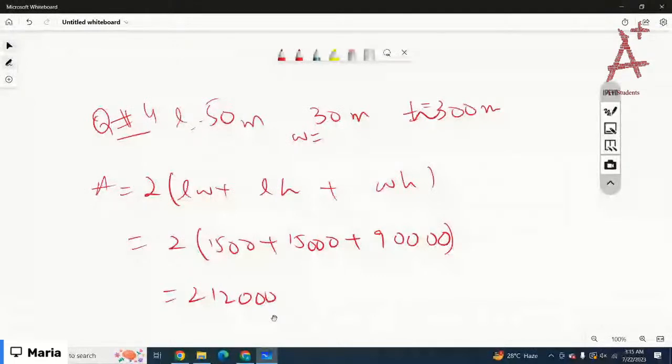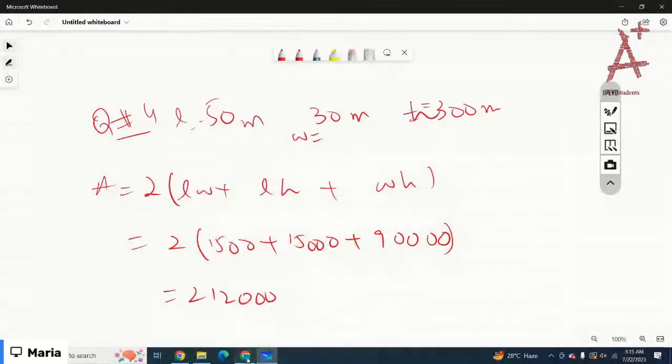This is the area of the building. Got it? That is 212,000. And when you divide it by the 4,